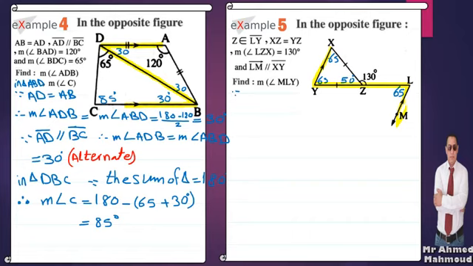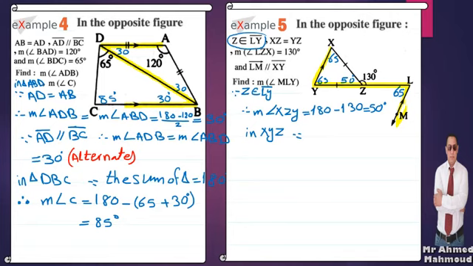Since Z belongs to LY, therefore the measure of angle XZY equals 180 minus 130, which equals 50 degrees. In triangle XYZ, since XZ equals YZ, therefore the measure of angle X equals the measure of angle Y, which equals (180 minus 50) over 2,